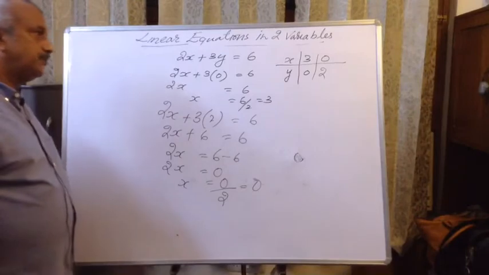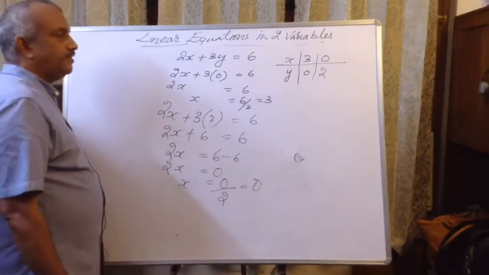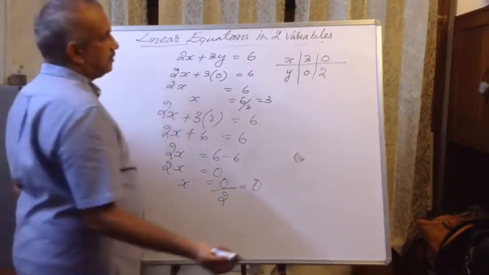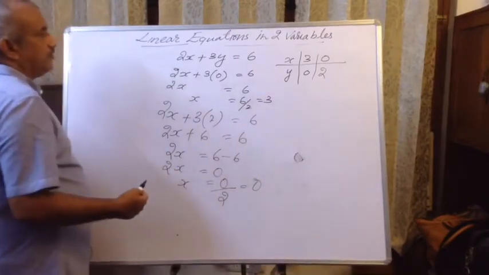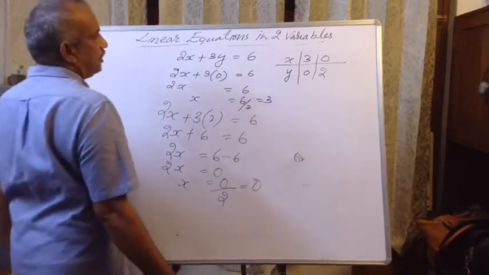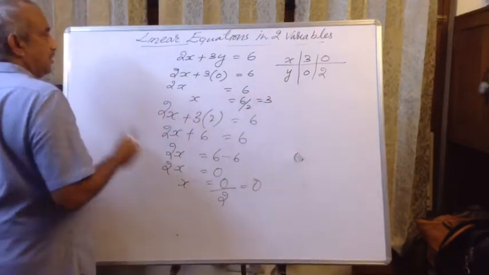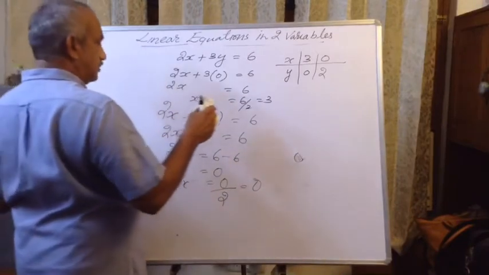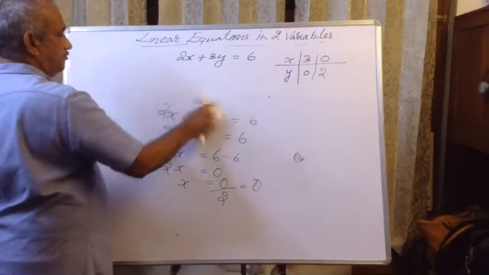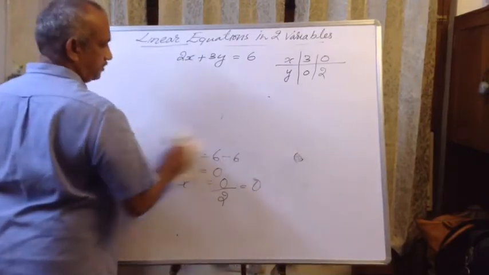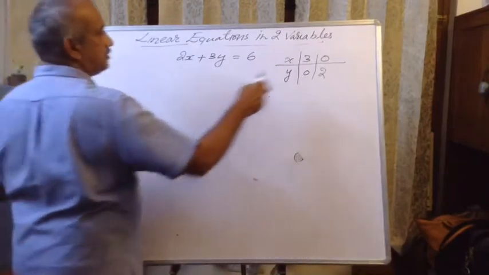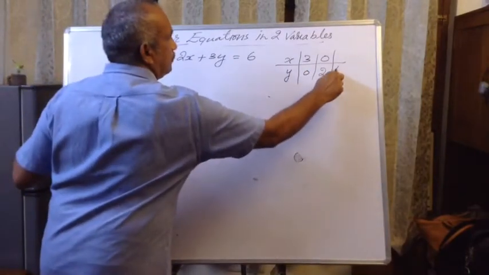Now I told you, if your calculation is correct, you can find two solutions and leave, and if you find 3, then also it is correct. Let us find one more. If you put y as any multiple of 2, you will get the value of x in integers only. So I am going to find one more. Sorry, in the place of y, I am going to put 4.